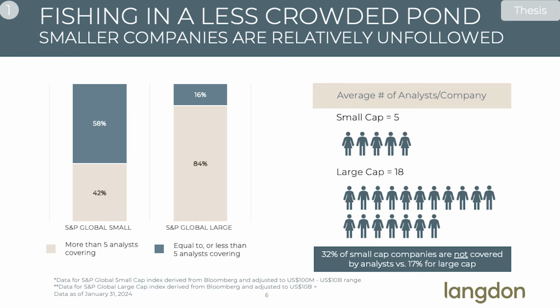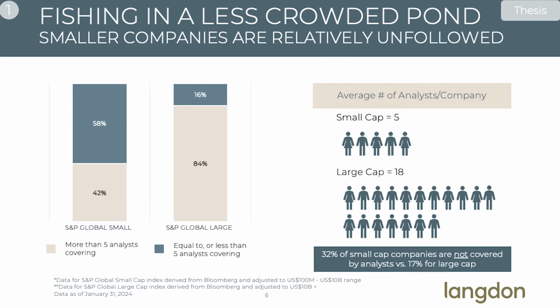And I think this is just something that we're sharing more and more because it's becoming worse and worse. So not only is there significantly less people hunting for great companies within the small cap universe, people forget that the small cap universe actually represents 90% of the publicly traded companies globally. So it's about 10% of the market cap, but it's 90% of the companies. And on average, there's about a quarter of the amount of coverage of a larger business. So there's less people focusing on more businesses, and that's been super attractive.